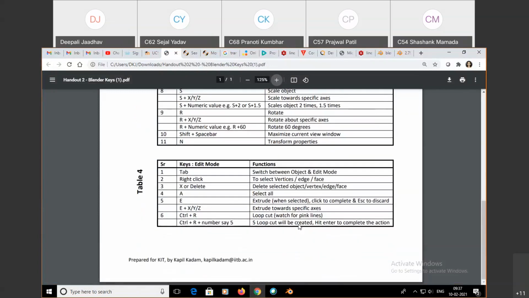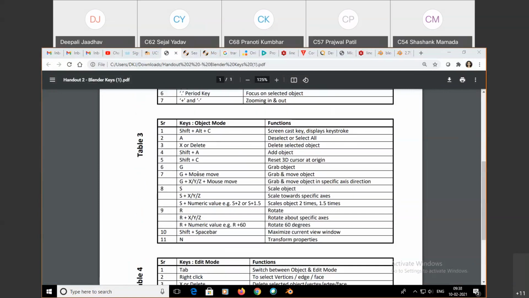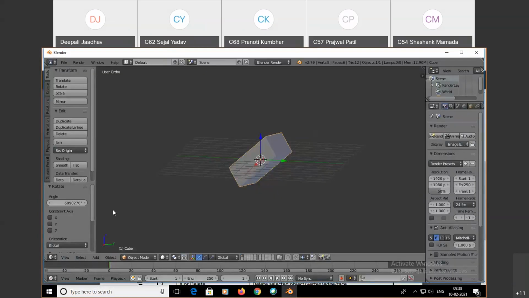Next, now the next one. See, all these shortkeys are easy. In Blender normally shortkeys, keyboard keys, are used for functioning, but these are also available here in the menu. You can see here this one to rotate the object in this way.